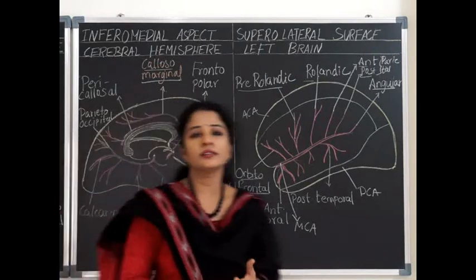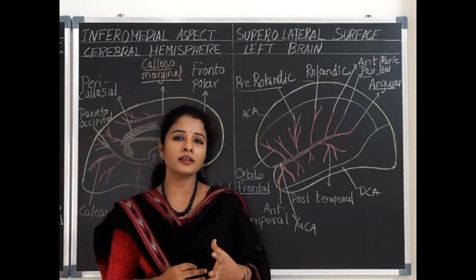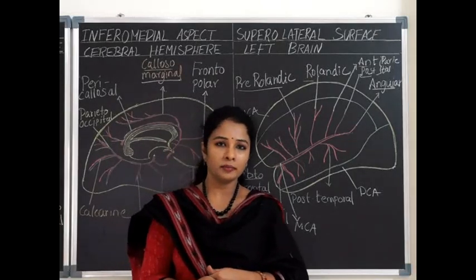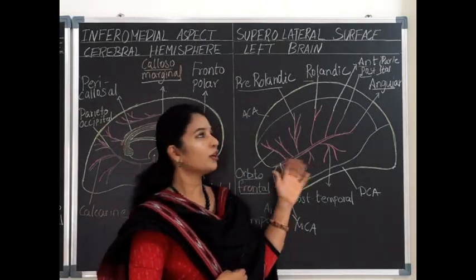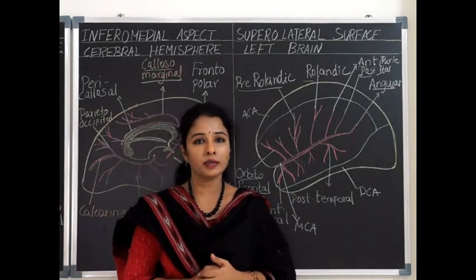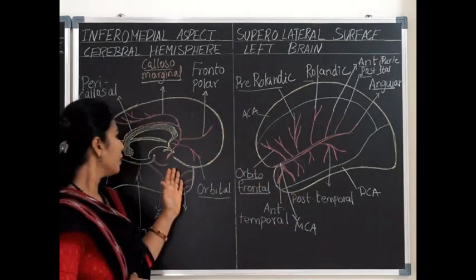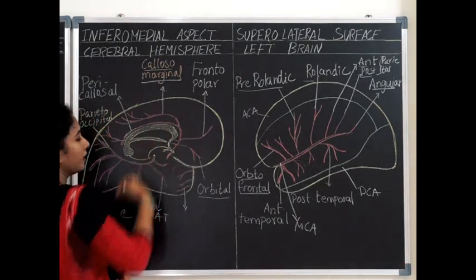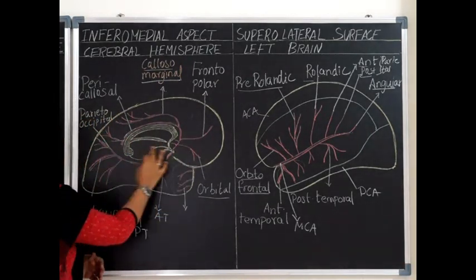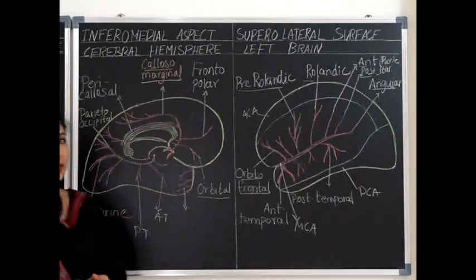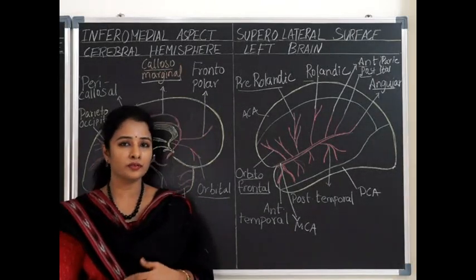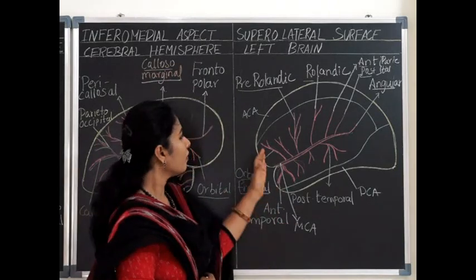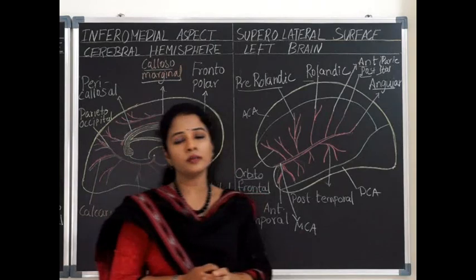So totally the cerebrum is supplied by the anterior cerebral, middle cerebral and posterior cerebral arteries. The chief artery of the superolateral surface is the middle cerebral artery. The chief artery of the medial surface of the brain is the anterior cerebral artery. And the chief artery which supplies the inferior surface of the brain, that is the 2/3 of the inferior surface of the brain, is the posterior cerebral artery. So what we are seeing, all these are the cortical branches.